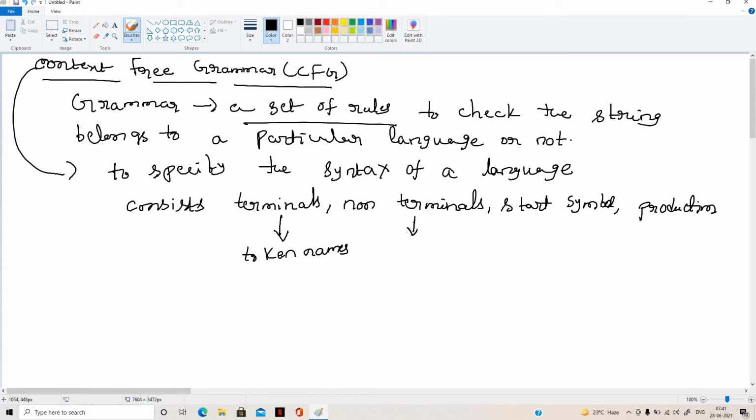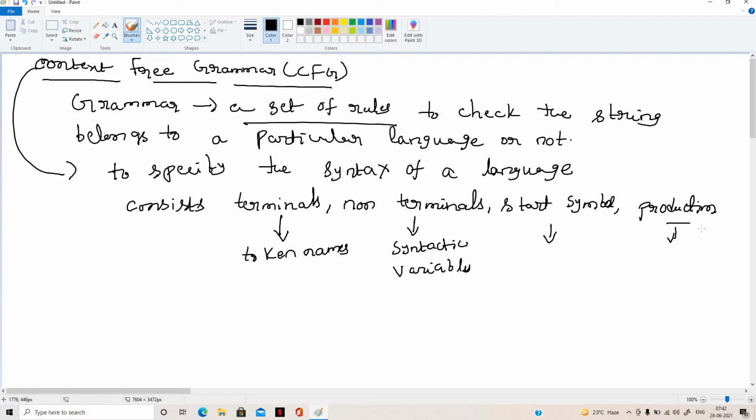Non-terminals are syntactic variables. The start symbol is the symbol from which the grammar definition starts. And the production rules specify the rules to define a grammar.